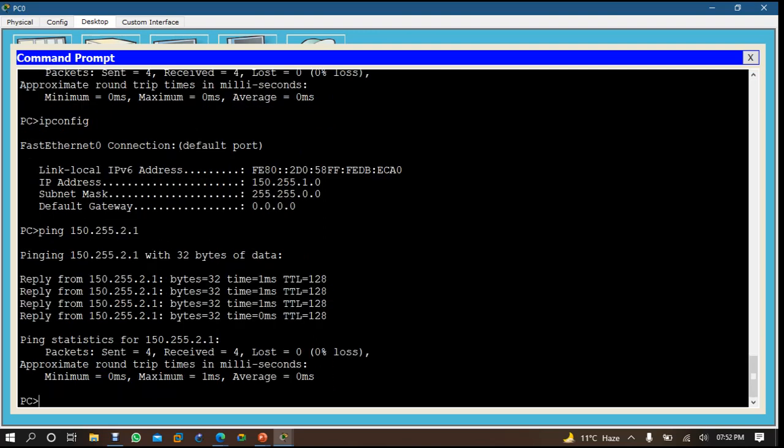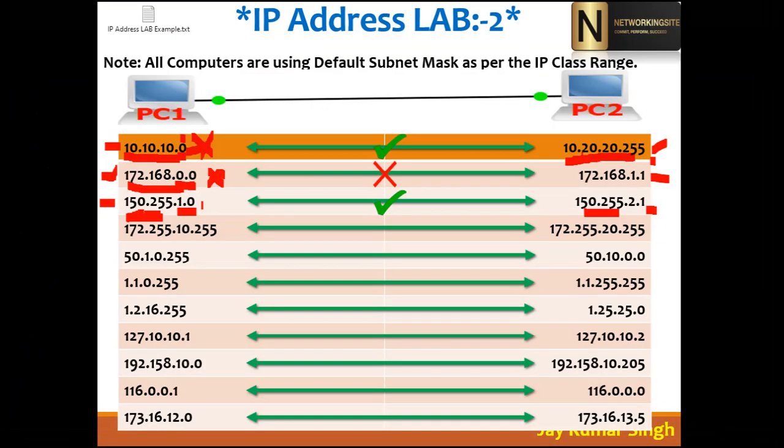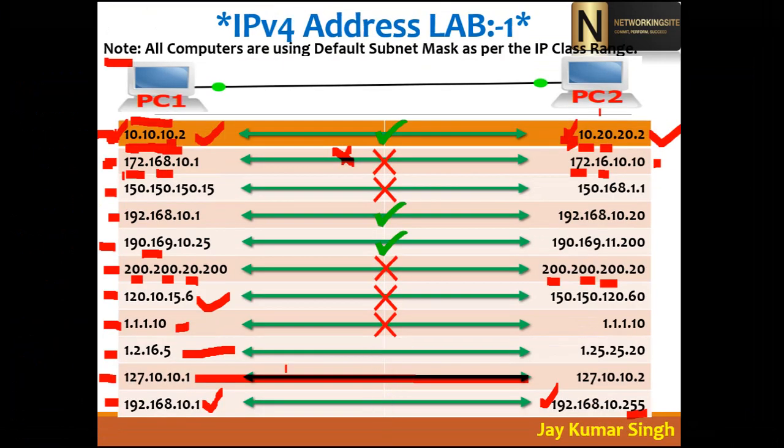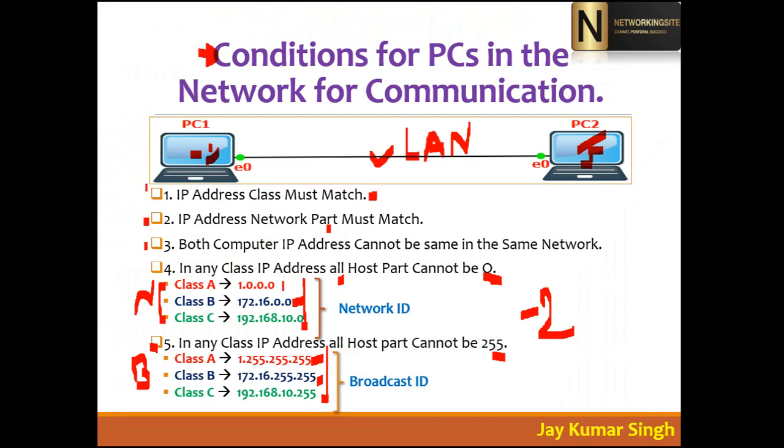Okay. So here always you have to keep a few things in your mind. If you remember this chart, then any type of IP address, if it comes in your test, you can easily find the way. So here you have a way to find whether the IP is valid or not. If the IP is valid, you can easily find whether it will communicate or not. If the IP is invalid, you can say whether it will work or not.